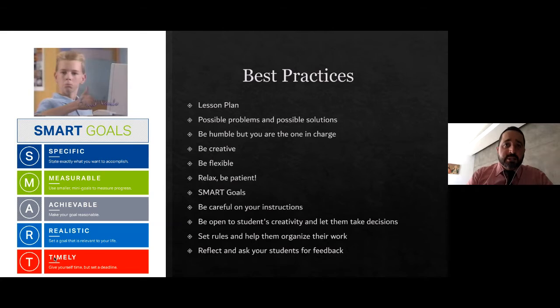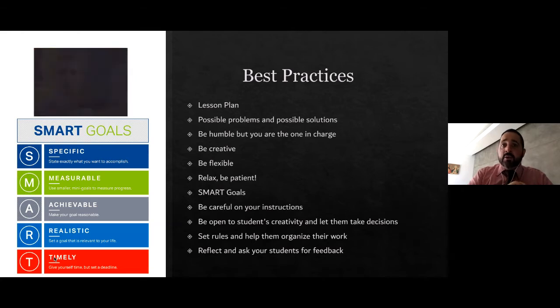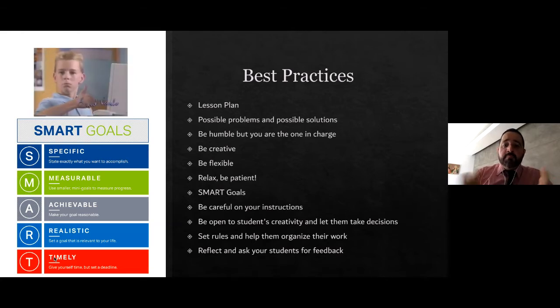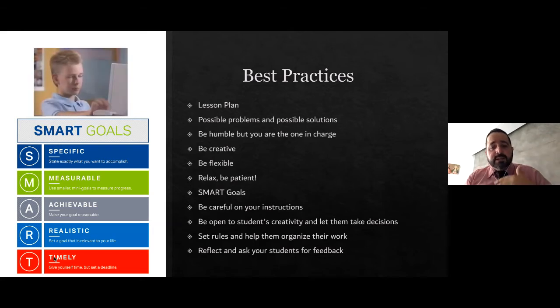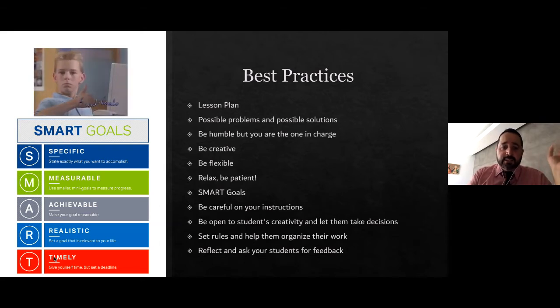Relax and be patient, because no matter how much you think that students know everything and know how to use all technology, believe me, there are always some students that make you crazy, right? So you have to think, okay, let's be patient, sit with your students, and repeat and repeat and repeat and explain as long as it's necessary, right?